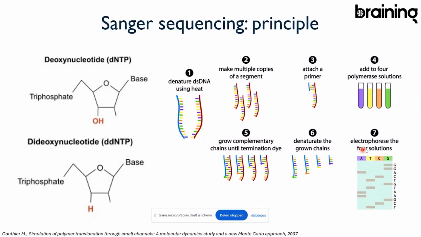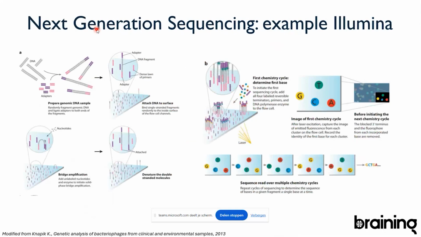And then you have to do your electrophoresis, and it takes time. So you can imagine that if you have to do this for a whole complex genome, this will take ages, right? It's not very efficient. So although this is the original sequencing that has been done for a very, very long time, to use it as a high throughput technique, it's a lot of work. So people worked on a way to bypass the high throughput limitations of Sanger sequencing. And that brings us to next generation sequencing.